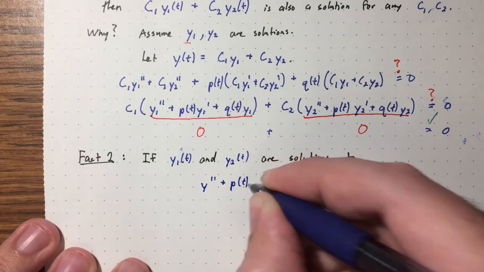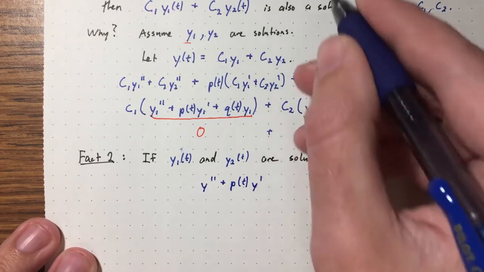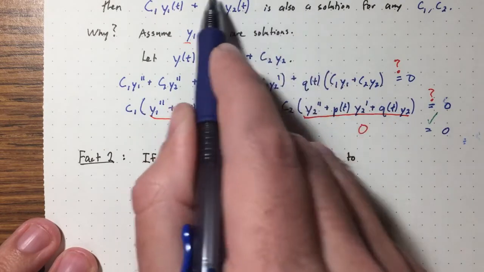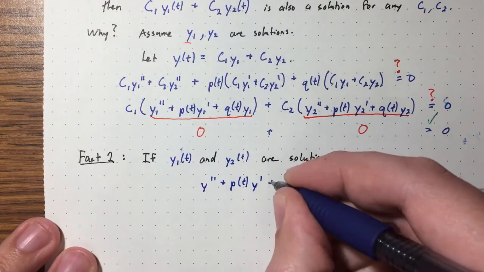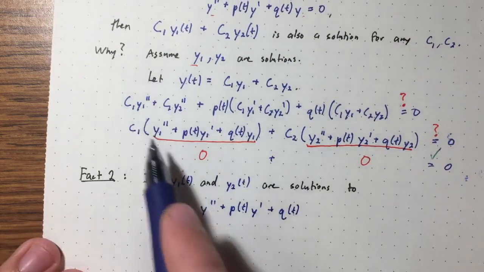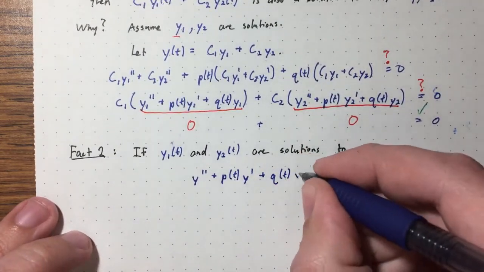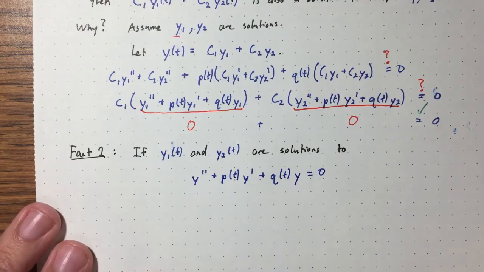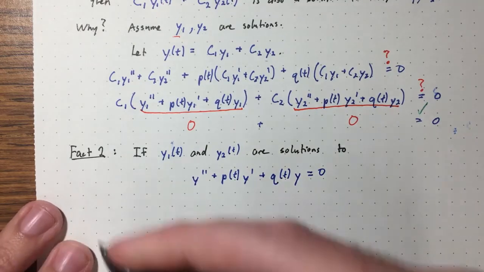So let's just emphasize that it has to be homogeneous and it has to be linear, right? We're using both of those facts here. We use both of those facts in this argument here. Okay, so if there's solutions to this differential equation, then